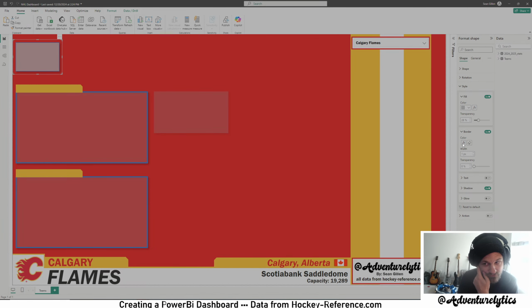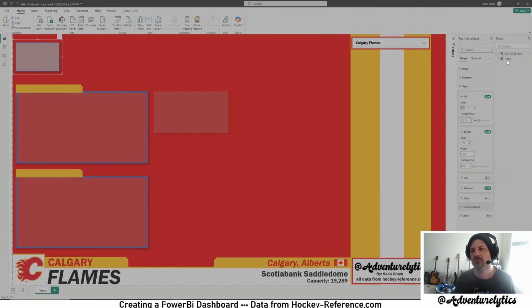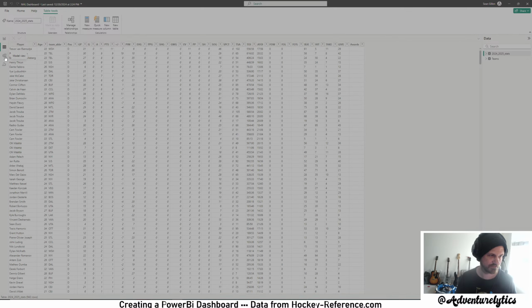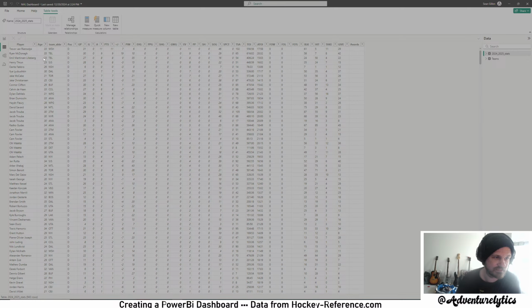Like I said, what I was doing is a lot of conditional formatting. In this case, I have two different data tables: the teams table, and the stats table. If we take a look here, the stats table is just individual players, what team they're on, their age, position, games played, goals, assists, points, plus minus, penalty minutes, even strength goals, power play goals, shorthanded goals, game winning goals,